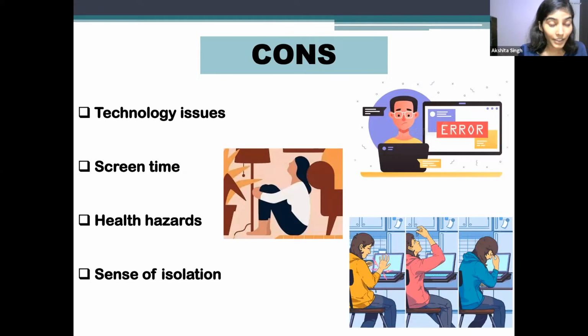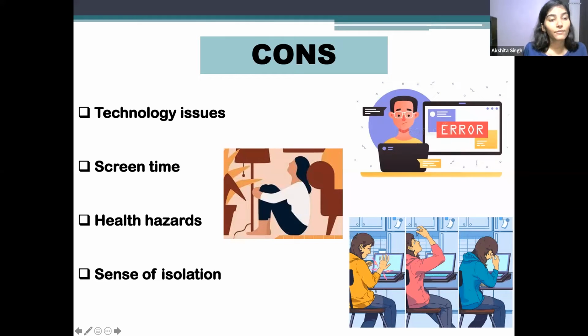And adding to that, another key challenge of online classes is screen time. With students, parents are also highly concerned about the health hazards of having their children spend so many hours staring at a screen. It can lead the students to develop a bad posture and other physical problems, but providing a number of short breaks can help in resolving this issue.